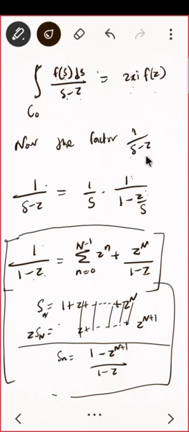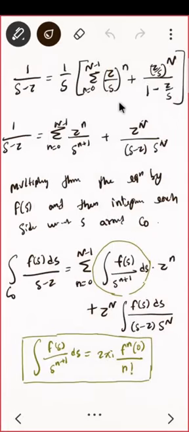Now look at this 1 upon s minus z. I can write it as 1 upon s into 1 upon 1 minus z by s, and I use the geometric progression, and this is what I am getting. In place of z I have to put 0, so I can write 1 upon s minus z in terms of this. This is what I did here, and then in the next step I multiplied by f of s and took the integral over C naught. If you do that, observe this, this is your Cauchy integral formula, where the singularity is 0, so the answer will be over C naught. Everywhere it is C naught.